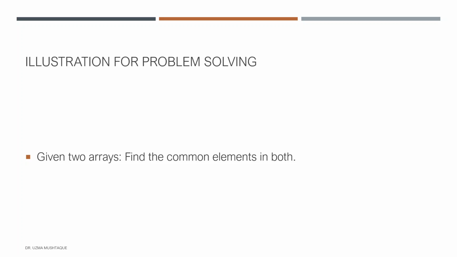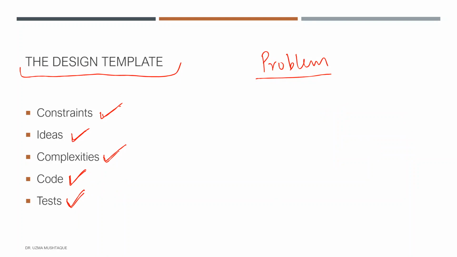For example, I'm taking a really simple example: given two arrays, which if you're more familiar with Python, we can think of these as lists, find common elements in both. So it's a really simple problem. We are looking at some lists that have some elements, and our goal is to find out if there is an A here and an A here. Our goal is to find out these common elements. This is the question. If you go back and check our template, we have to fill in each of these